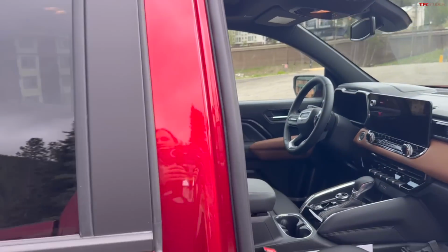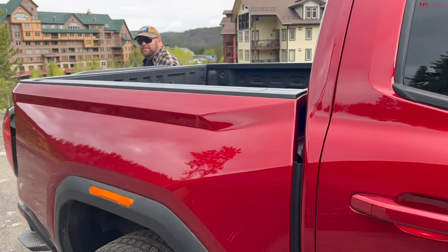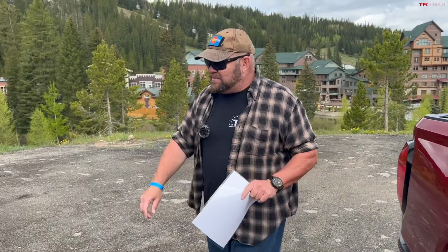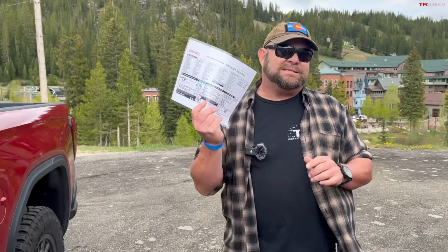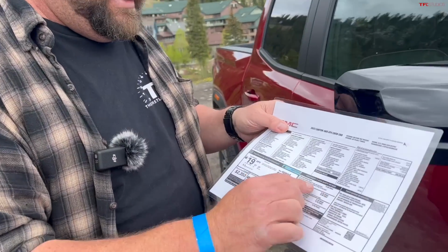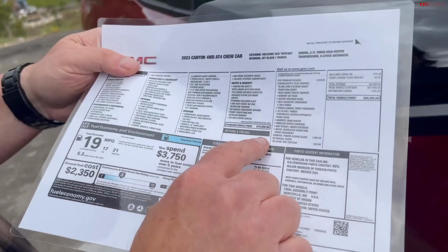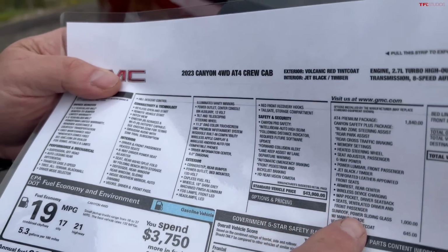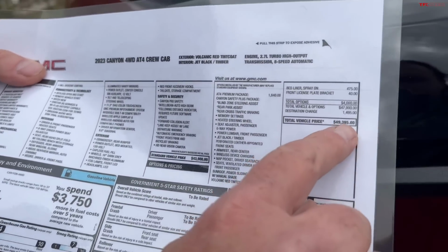Now, as we were about to go in there, I do want to go into one thing, and that is the sticker. This vehicle starts at $43,900, so 44, let's say. And this one's sticker is